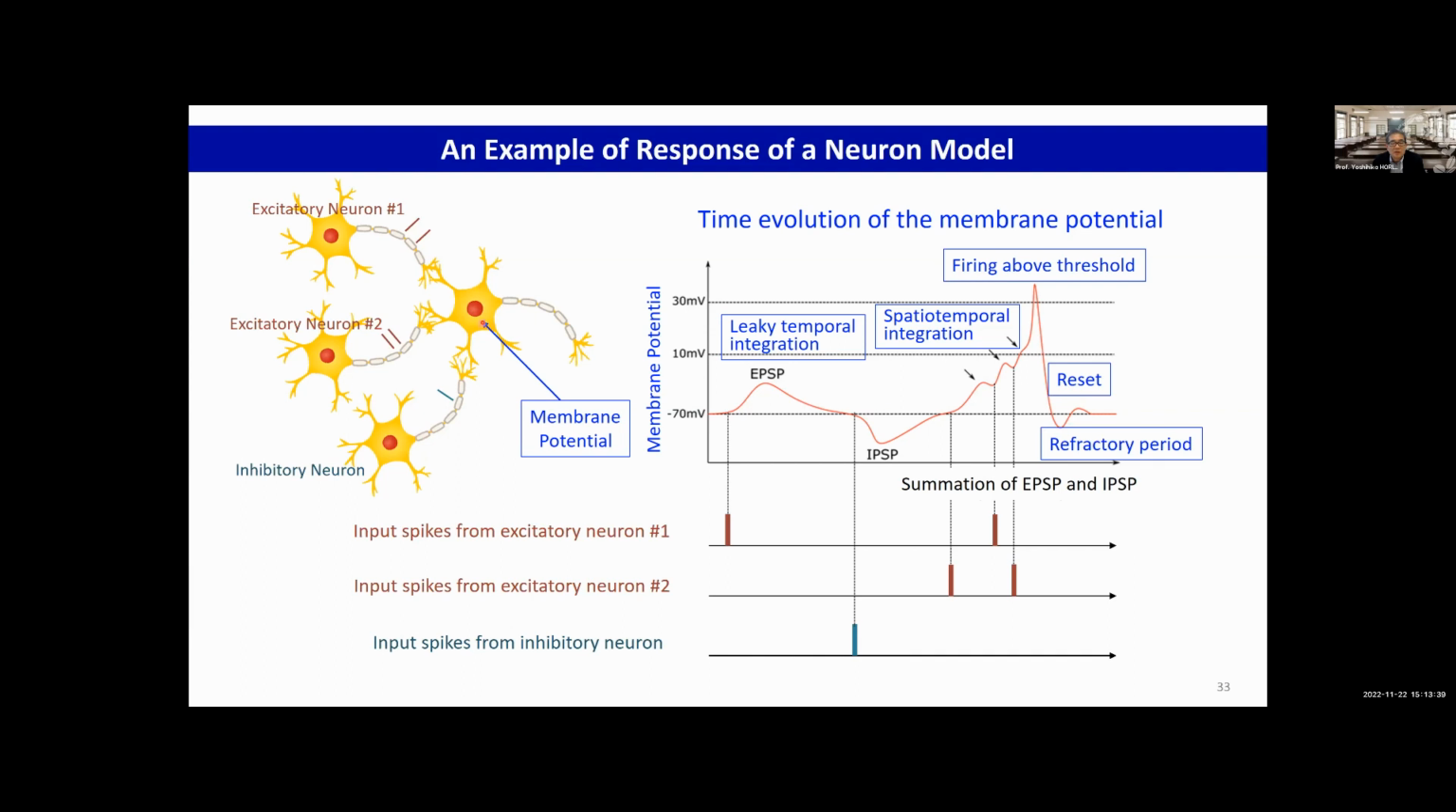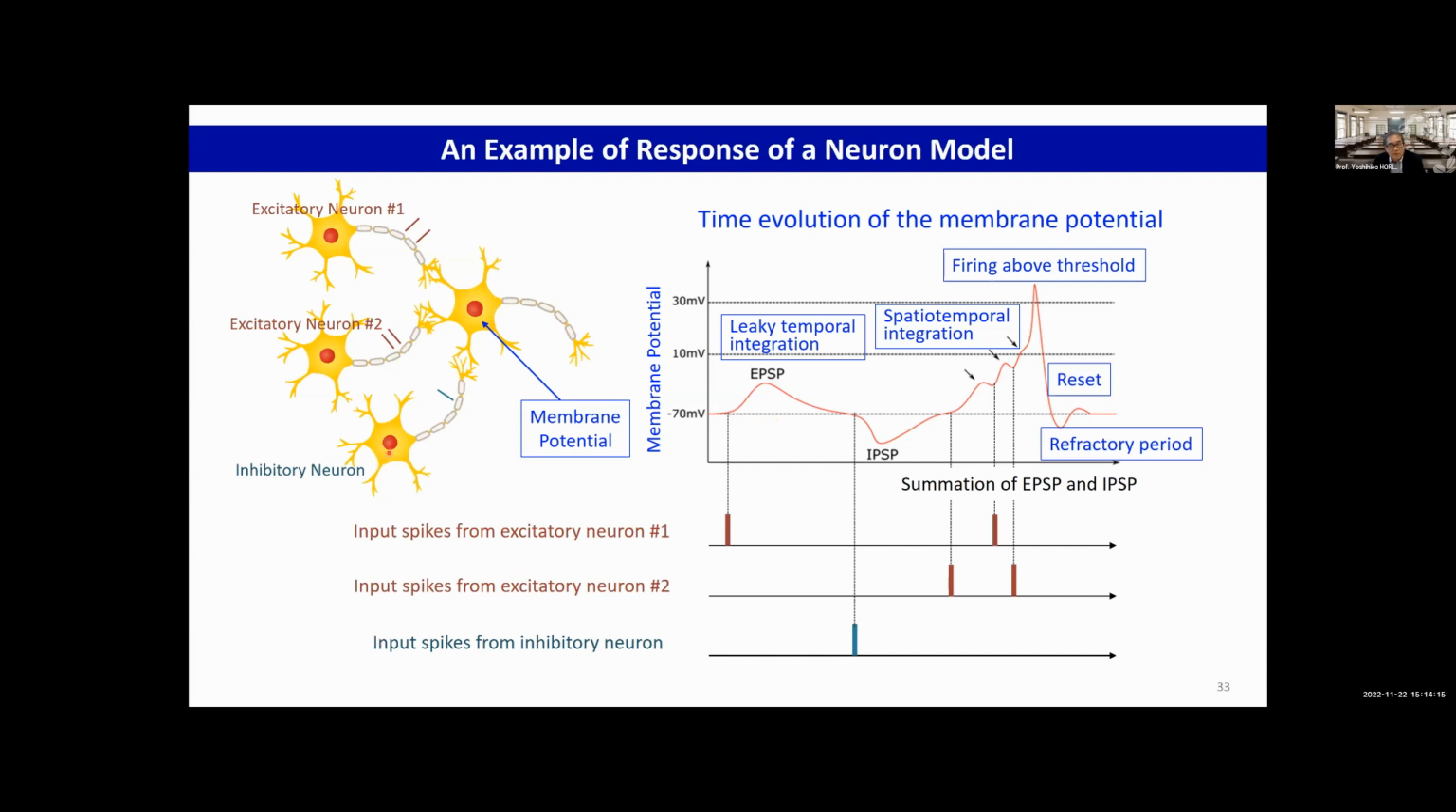Let's look at the membrane potential of this neuron. This is the membrane potential. If this neuron receives a spike from the excitatory neuron, the membrane potential goes up, giving the EPSP, excitatory postsynaptic potential. But this doesn't hold, and it decreases accordingly. So this means that this is a leaky temporal integration of the spike. And